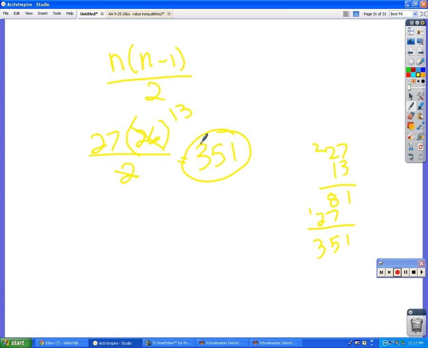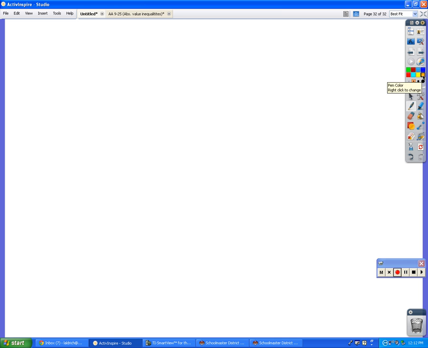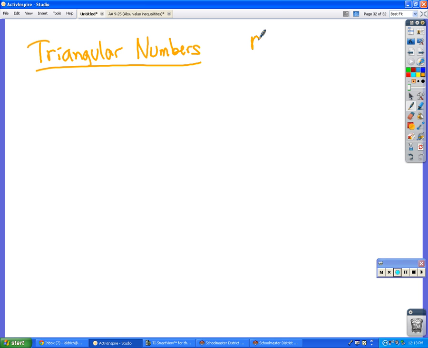Okay, these numbers here in this handshake problem have a special name. They are called the triangular numbers. And they come up a lot. You're going to see them a lot again, and so you should really circle that in your notes. Triangular numbers, that formula is n times n minus 1 divided by 2. And the reason why they're called the triangular numbers is because I can use them to make, wait for it, I said wait